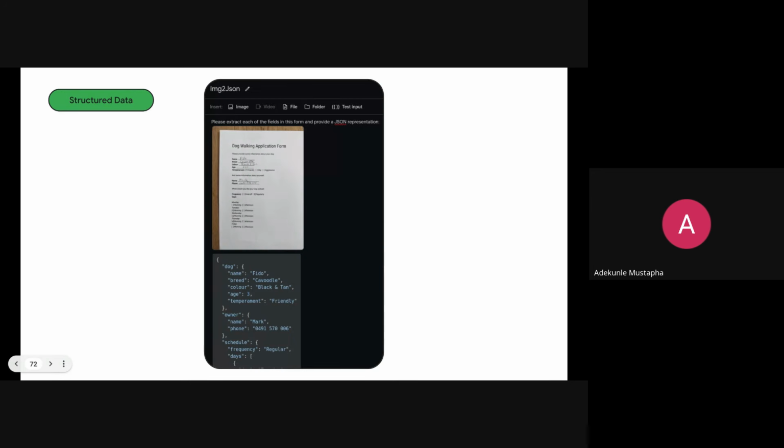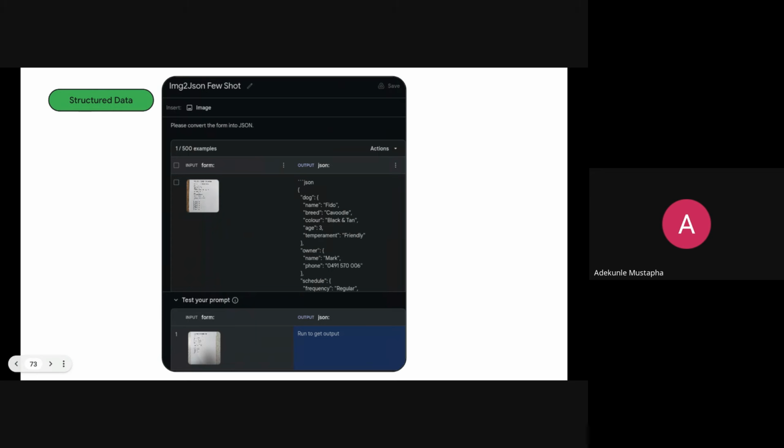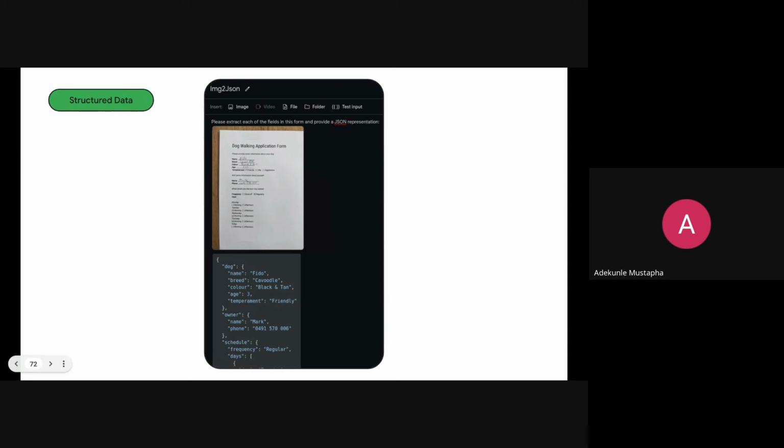You can also ask it to convert something to JSON from images, and it is also able to respond to that. So here are just some ways where you can use that, using the freeform prompt or the chat prompt, or even using the structured prompt format.